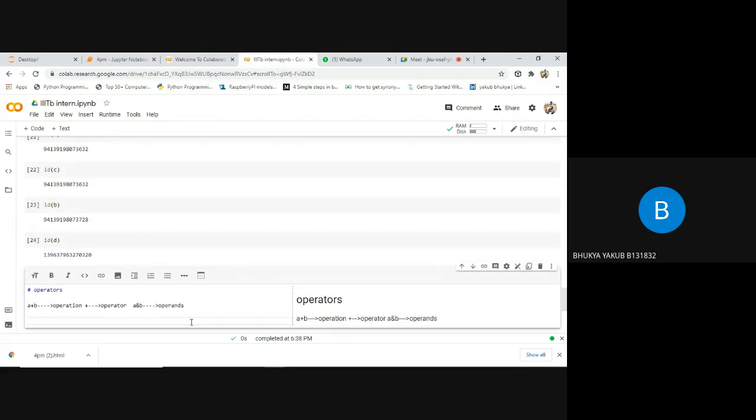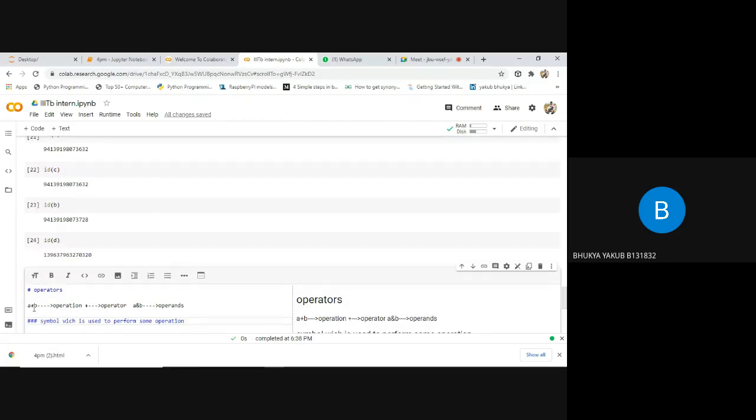So by looking at this, simply we can say, operator. What do you mean by operator then? It is a symbol. Plus is a symbol which is used to perform the addition operation. Like that, in simple words, we can say an operator is a symbol which is used to perform some operation.